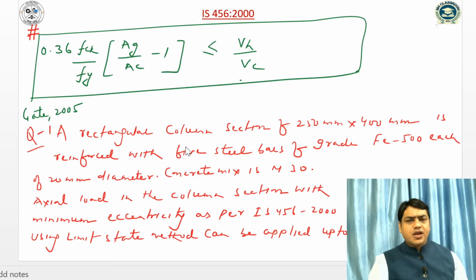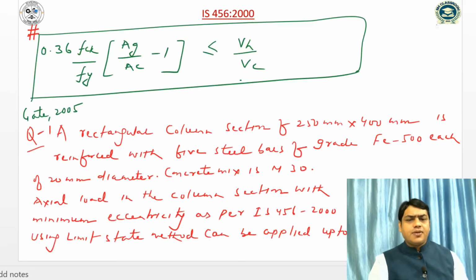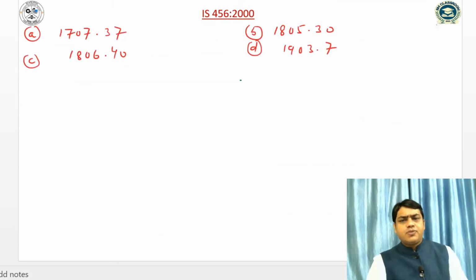So let us take a rectangular column section of 250 mm by 400 mm reinforced with 5 steel bars of grade Fe 500, each of 20 mm diameter. Concrete mix is M30. Find the axial load in the column section with minimum eccentricity as per IS 456-2000, using the limit state method. This can be applied up to this value. So we have to find the axial load, and here the minimum eccentricity is followed by